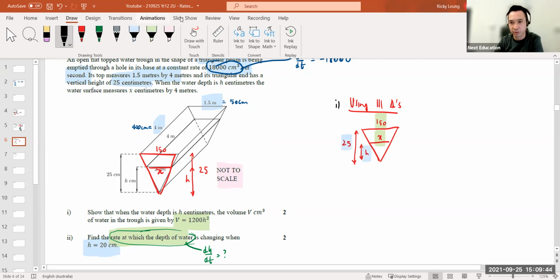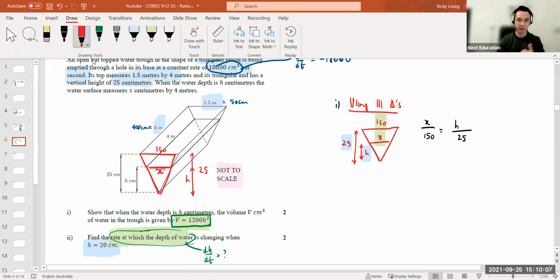So pretty simple there. x on 150 equals h on 25. Now, I have a question, right? And the question is, which letter do I make the subject? Guys, look at this. The expression that they want has no x's. Feels like I need to make x the subject. Now, before I do actually,